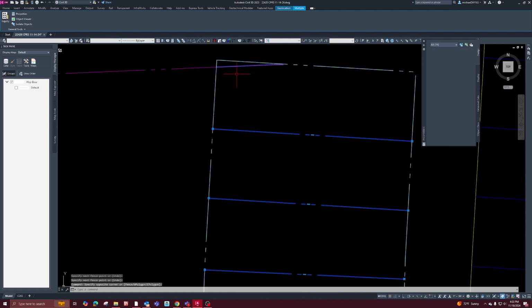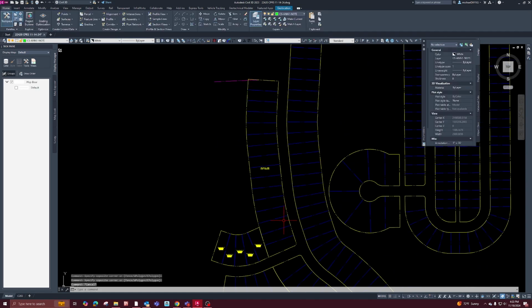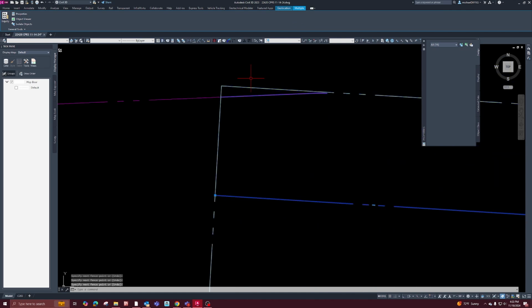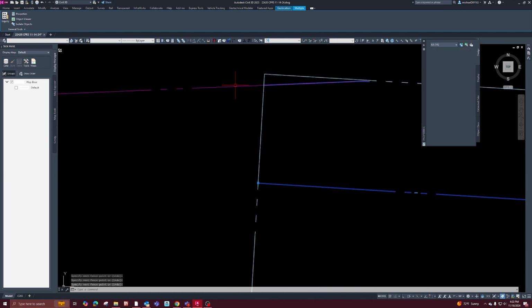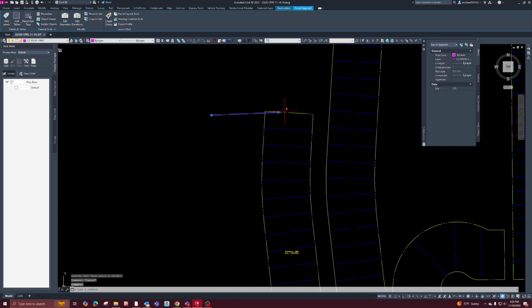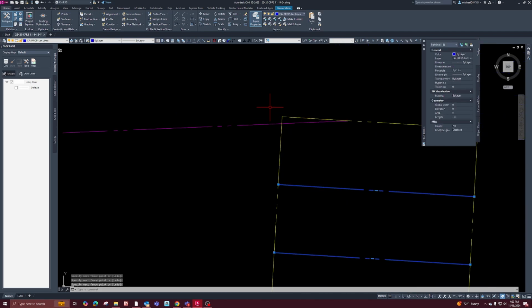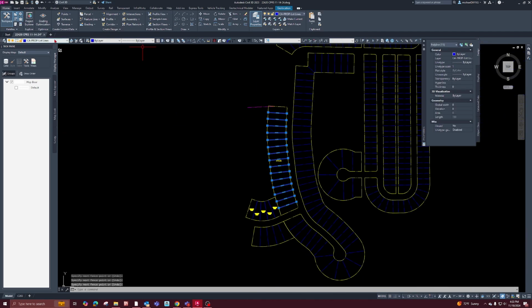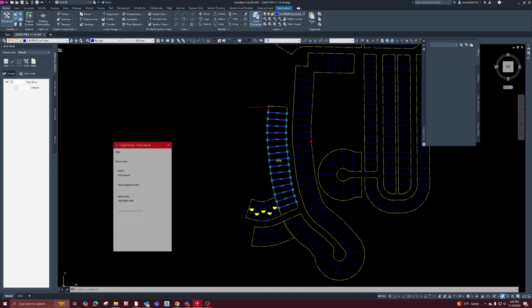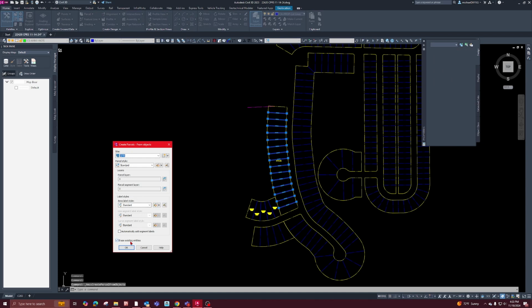Want to make sure we're not selecting that line right there, so let's do it again. I think it maybe looks like we're selecting it, but I don't know why it's highlighting it. Oh, there it goes. So we selected all our new lot lines, parcel, create parcel from objects, erase existing entities,